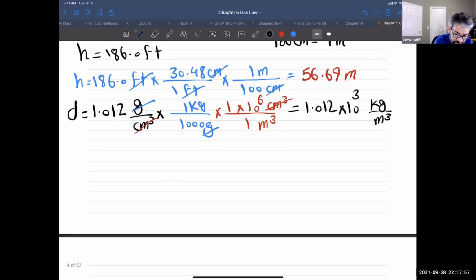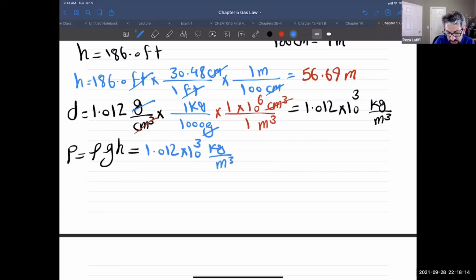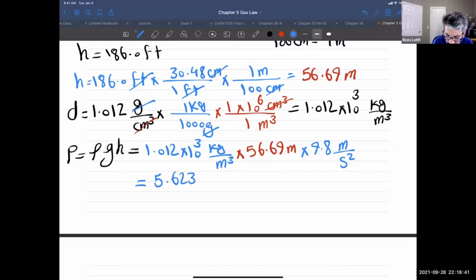Now I need to go after pressure, which is going to be equal to rho g h, density multiplied by g multiplied by h. Density, we just got it, 1.012 multiplied by 10 to the third kilogram over cubic meter. You multiply it by h, which is 56.69 meters, and the last one multiplied by g, which is 9.8 m over s squared. And that will give you the final answer equal to 5.623 multiplied by 10 to the third, and the unit is